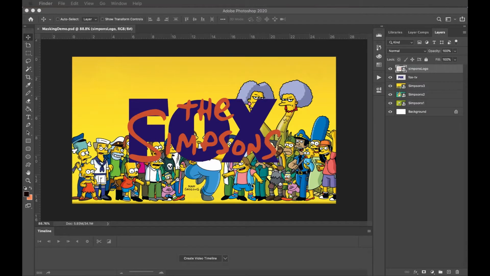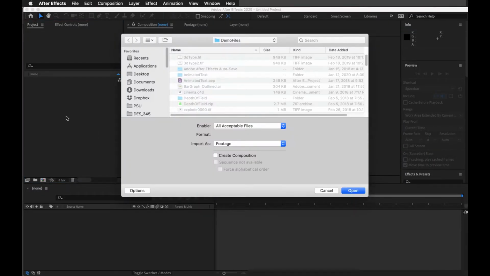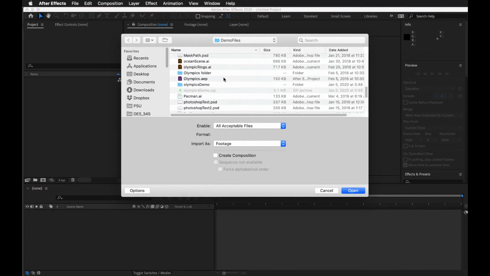We're first going to start with this Photoshop file, which just has all the different assets here, and these aren't really composed. We'll compose it in After Effects, but it might be a better idea to actually design it and set it up so that you're animating it to the exact look that you want. We're going to open up After Effects here, and we have a new project. I'm going to open up this file, which is